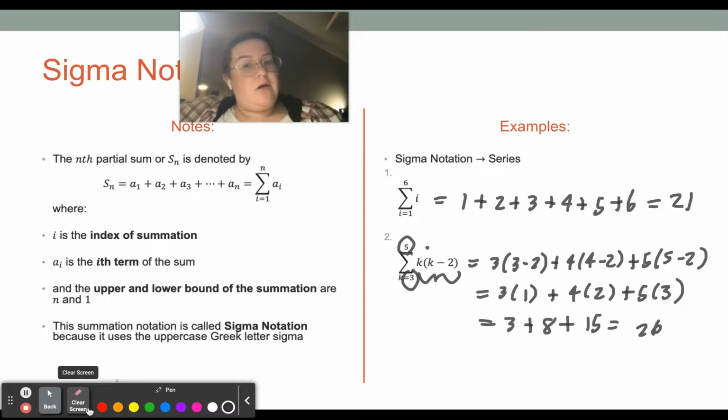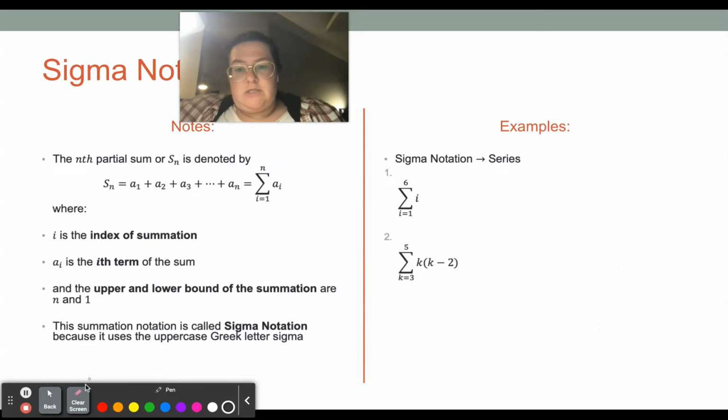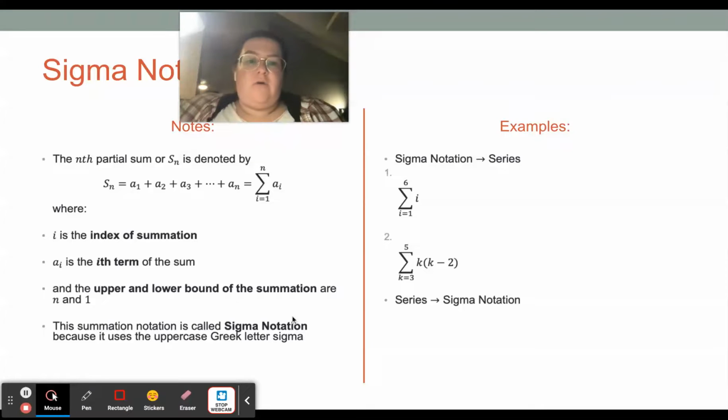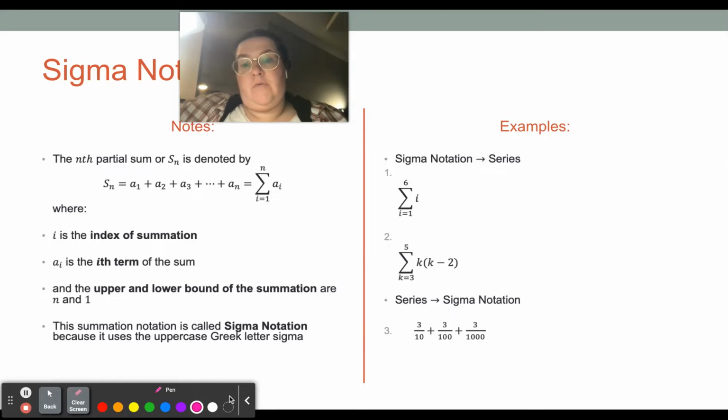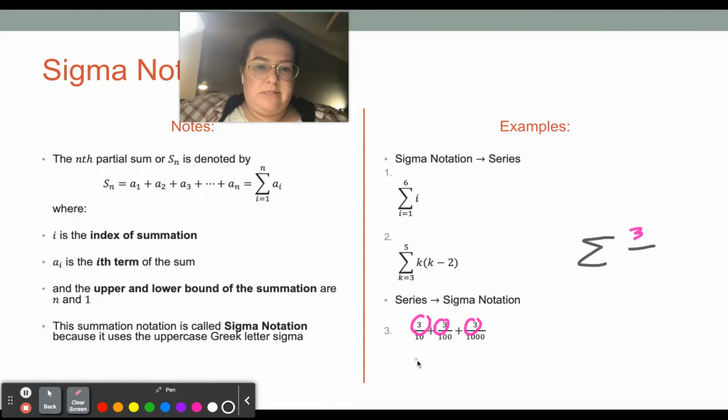Okay, so now let's go the other direction. You're going to go from series to sigma notation. So here's a series. What's important really is just to look at what's changing, or really what's not changing at first. So these 3's are not changing. So you can say it's the sigma, and then it's 3 over something. And then you can see these numbers are